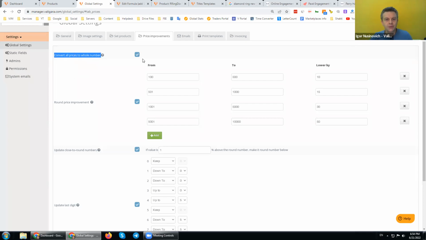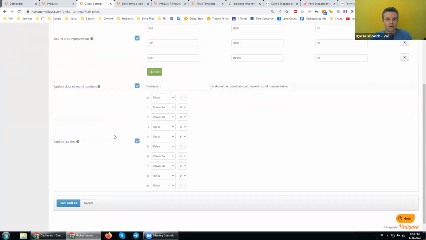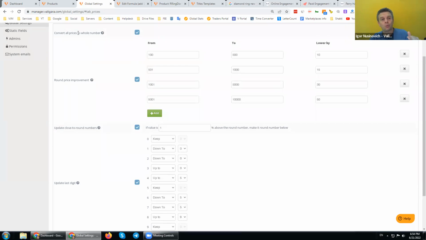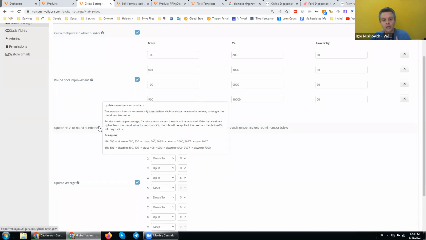There are 4 types of price improvements. One brings the number to the whole number, removes everything behind the comma, and then it can round, it can improve the round prices. There are very precise explanations here. So let's say the calculation results in $3,002, which is quite absurd.